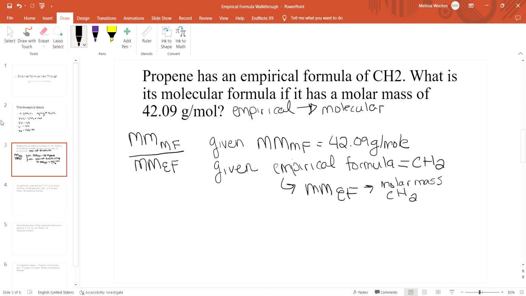So when we use this formula here, so our molecular formula we were given